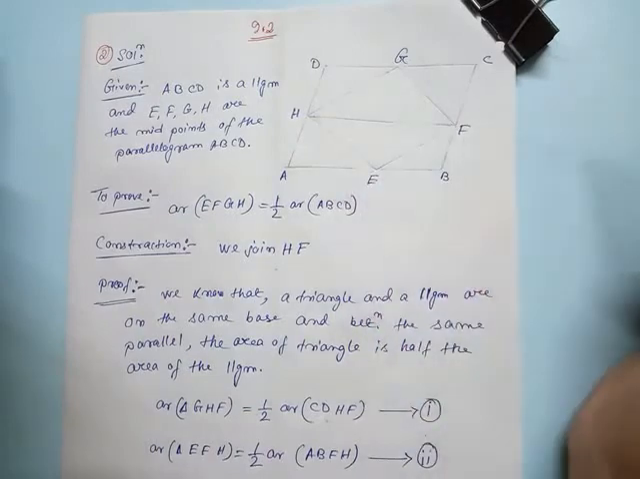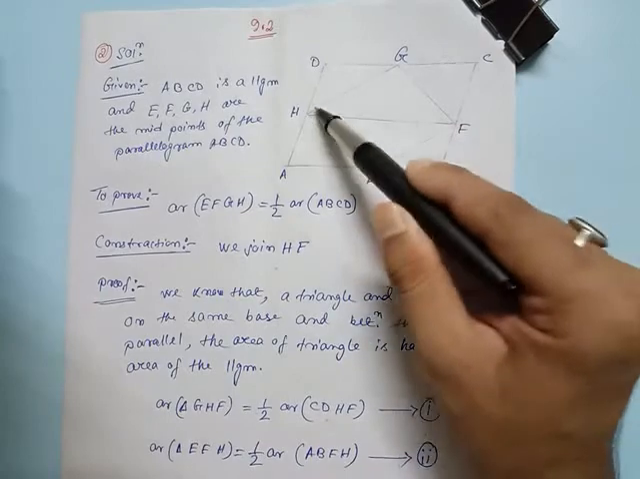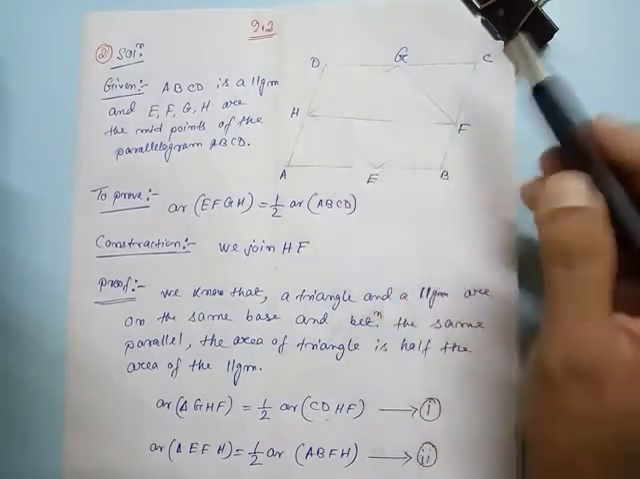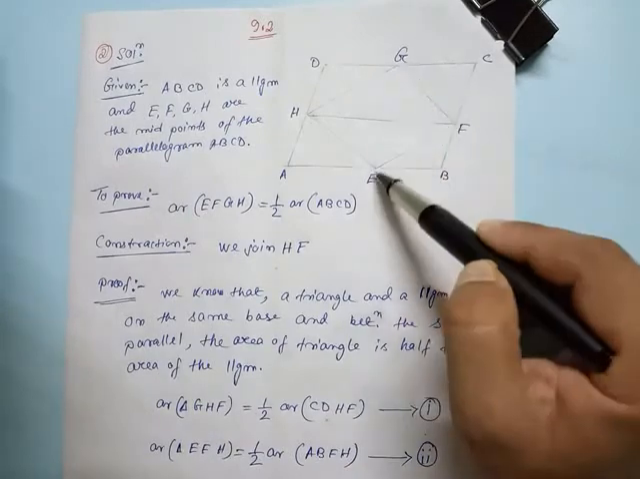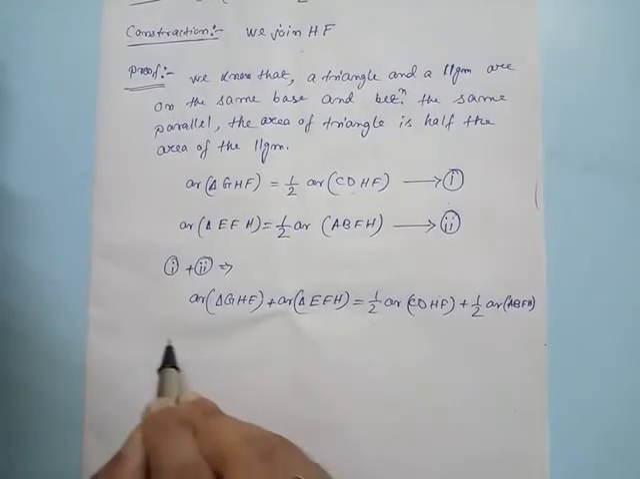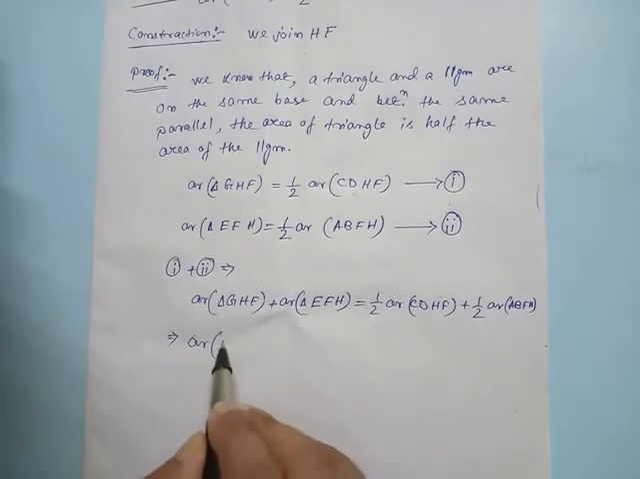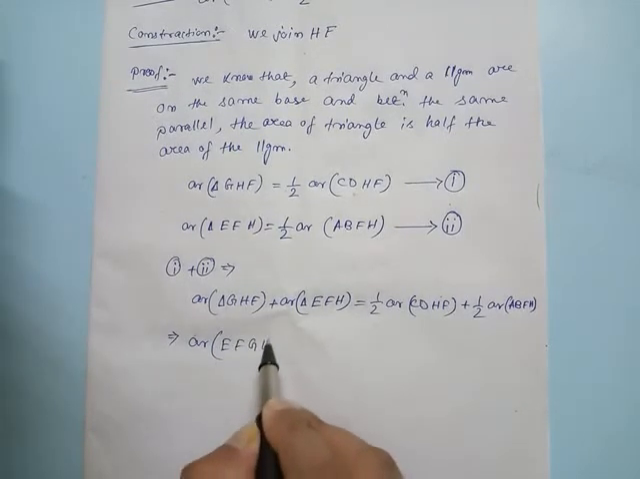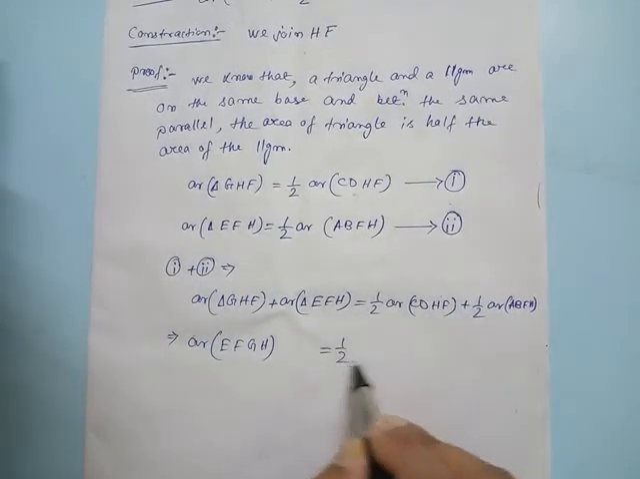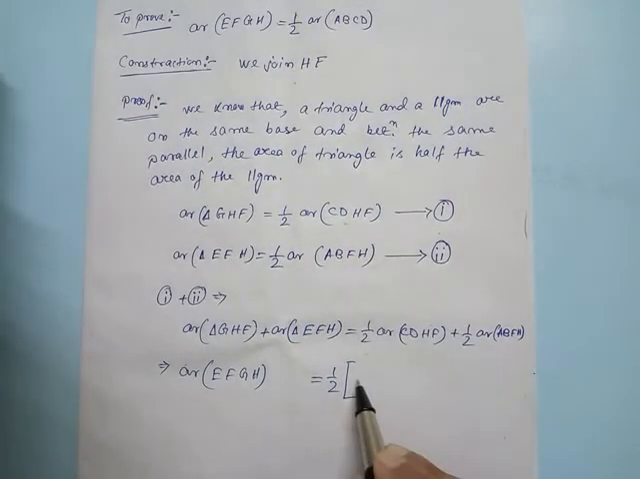Now look student, look into the diagram. Triangle GHF, triangle EFH. If we add these two, we'll get EFGH, the area of this parallelogram. So after adding this, we will write here area of EFGH equal. Now here I will take half common. So after that, what will happen? Just after that, area